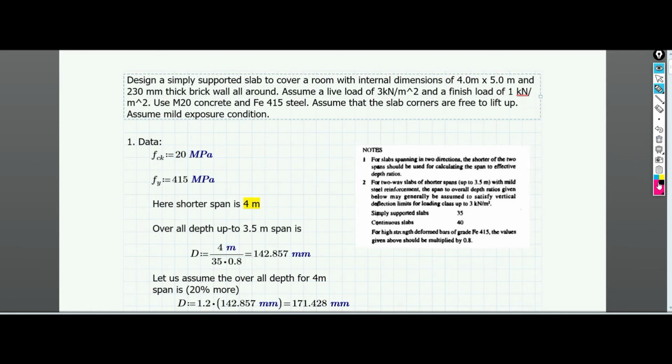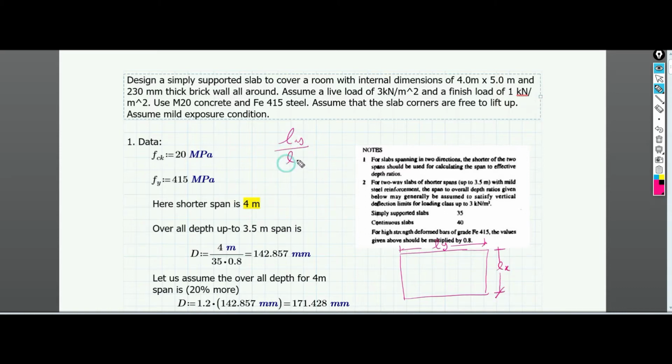Hello everyone. So today we are going to discuss the design of a two-way slab. We have already discussed what a one-way slab and a two-way slab are. Suppose we have a slab, and the longer side is represented by Ly and the shorter side is represented by Lx, then